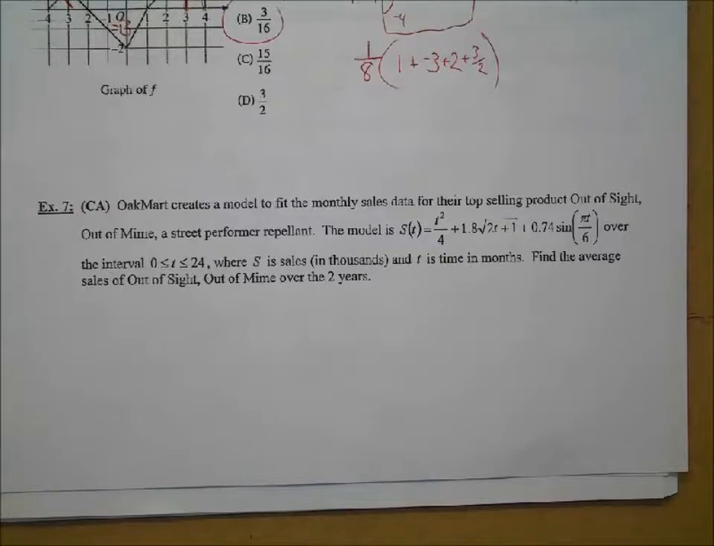Oak marked creates a model to fit the monthly sales data for their top selling product, Out of Sight, Out of Mime, a street performer repellent. Mr. Goff came up with the street performer repellent. He doesn't like street performers. So,